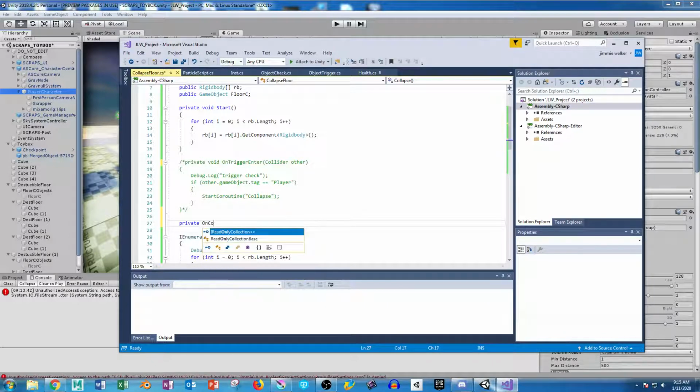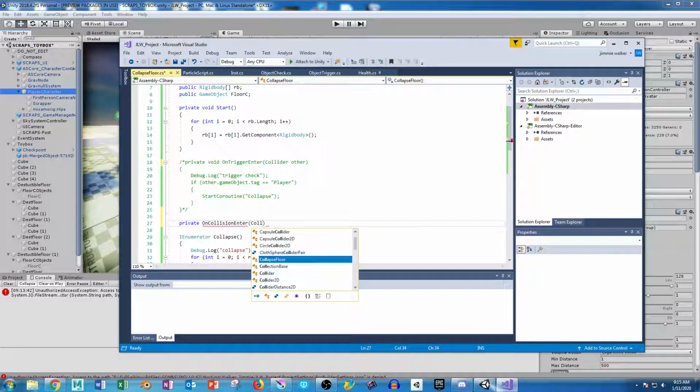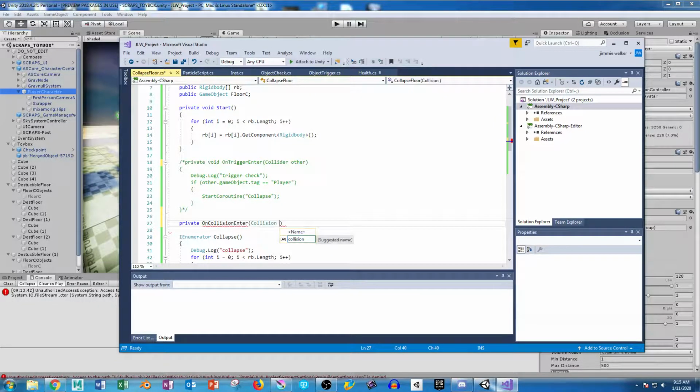Private. Collision enter, collision other,